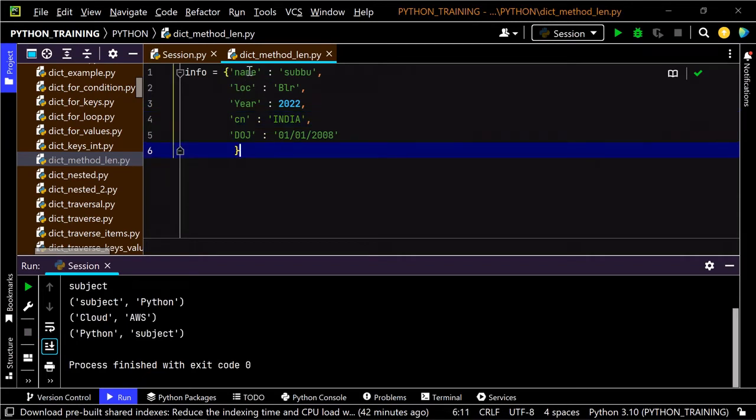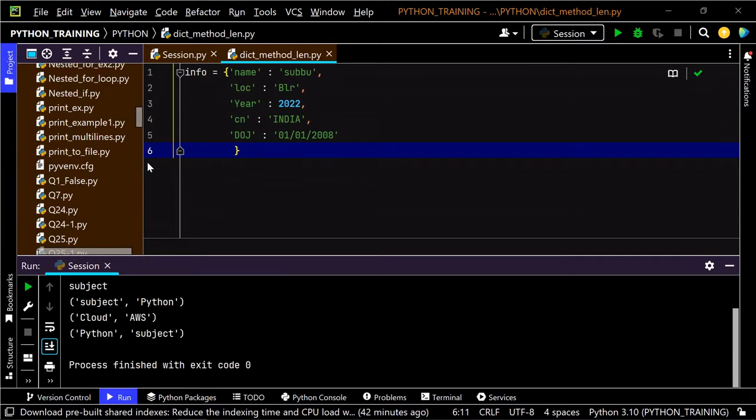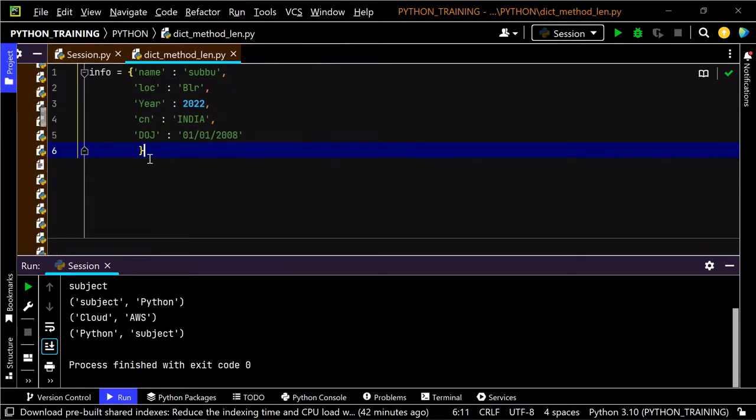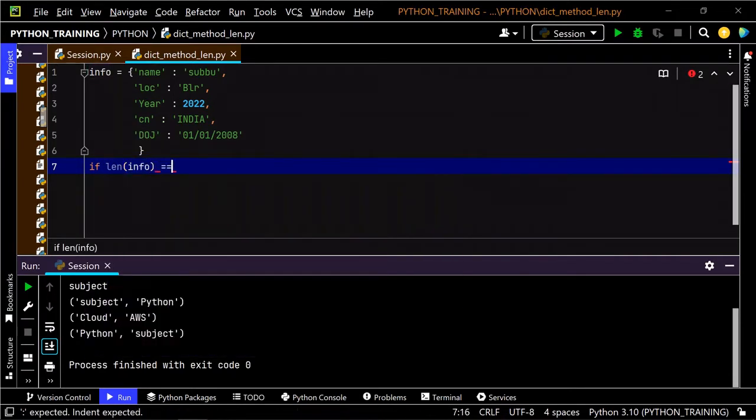This is how we can specify all the keys and values in the same line itself. It's going to work; for better readability and better screen capture, I'm just doing it in multiple lines. If this info dictionary contains 5 keys, then we can process further. So how do we tell the system that we do have 5 keys? In that case I can simply use the length function. Here I can specify: if length of info is 5,